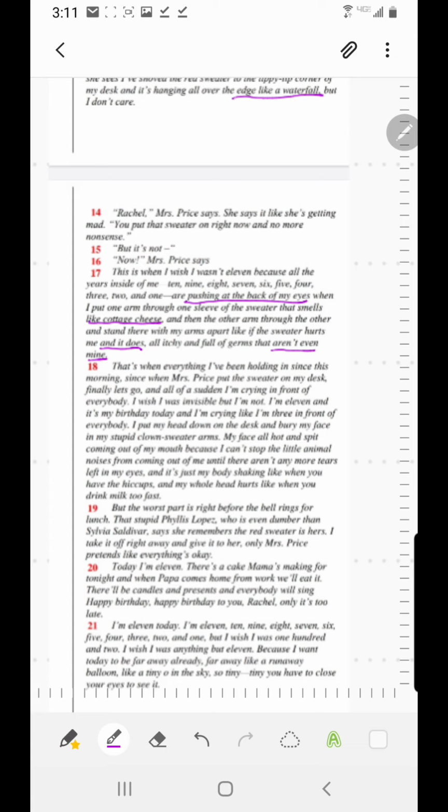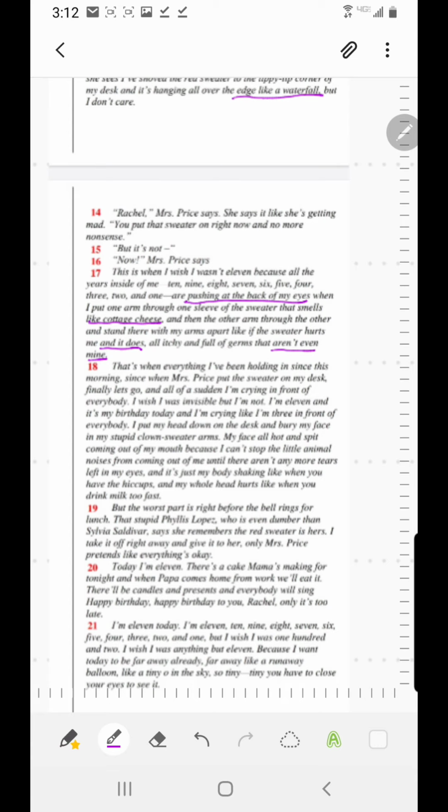And so this story, I really feel, captures the heart of what it means to be a teacher, not just to teach academics, but also to invest in the emotions of our students. Today's Rachel's birthday, and Miss Price probably should have known that. Whether she did know it and is acting this way is pretty telling of her character. But then the opposite is true. If she didn't know, it's still telling of her character as well, because she should know her student's birthday, right? So I just wanted to pause and reflect on that for a moment.